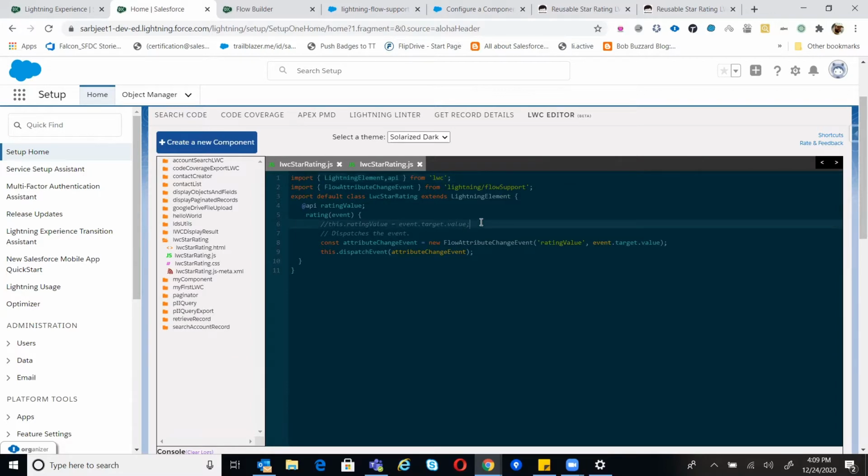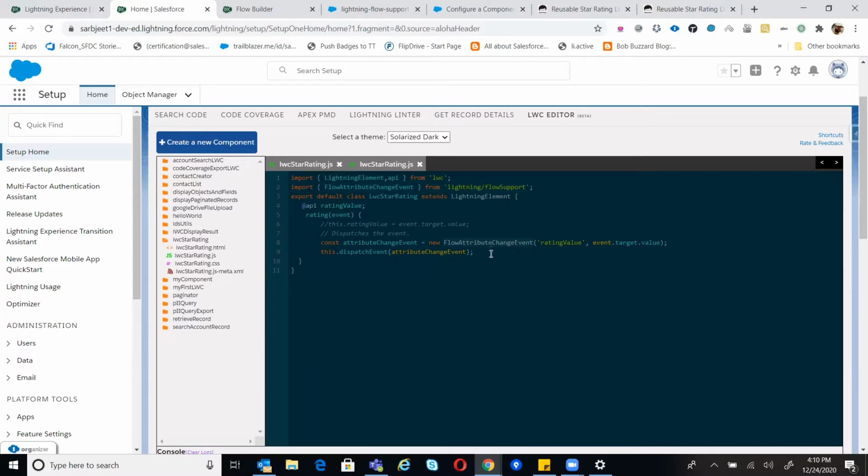We need to pass the value to the particular flow whenever the HTML is handled. Whenever I click on the star rating, it will call the event, and the event will pass the value to the flow. We just need to import the change event like this, and dispatch the particular event so that the value goes to the flow.